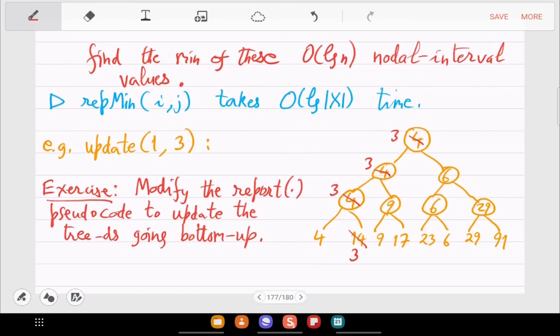You know all the formulas how to move to the parent, and that will correctly update your augmented tree, augmented with min in this case, and that is also very fast.